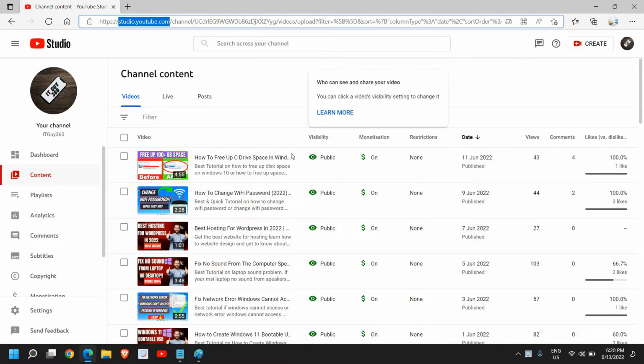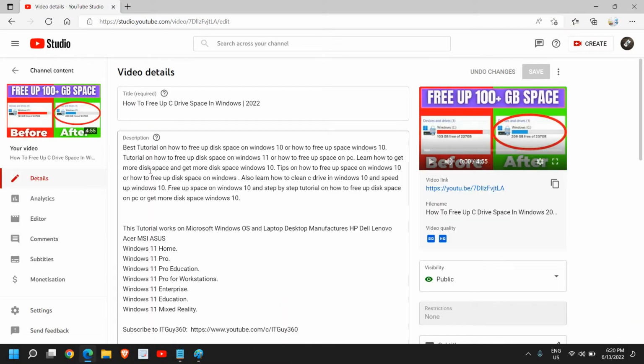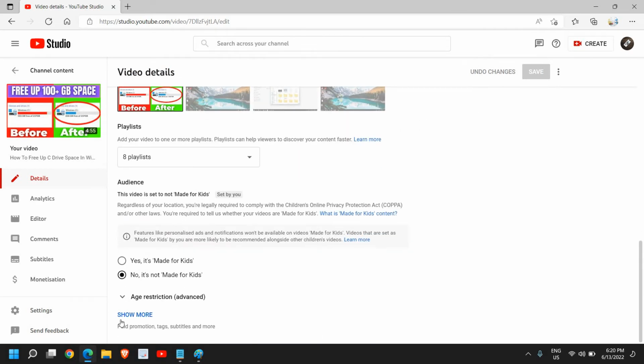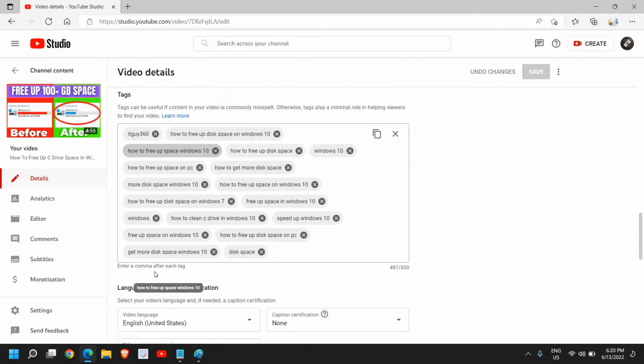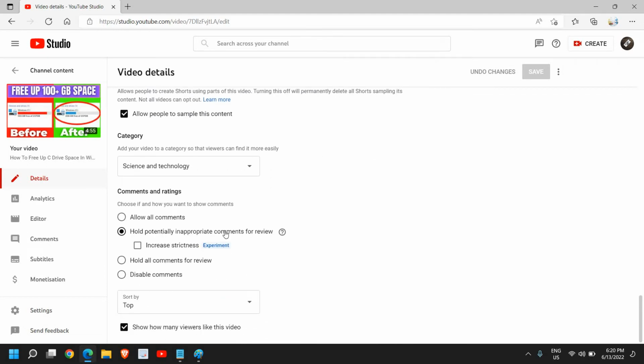Whichever video you want to turn off or turn on the comments, you just need to put the cursor right there like this, and then just click on this details. And at the left hand side, you will have many options. Just scroll down, and here you will find an option called show more. So I just need to click on that and scroll down more, and here you will find option called comments